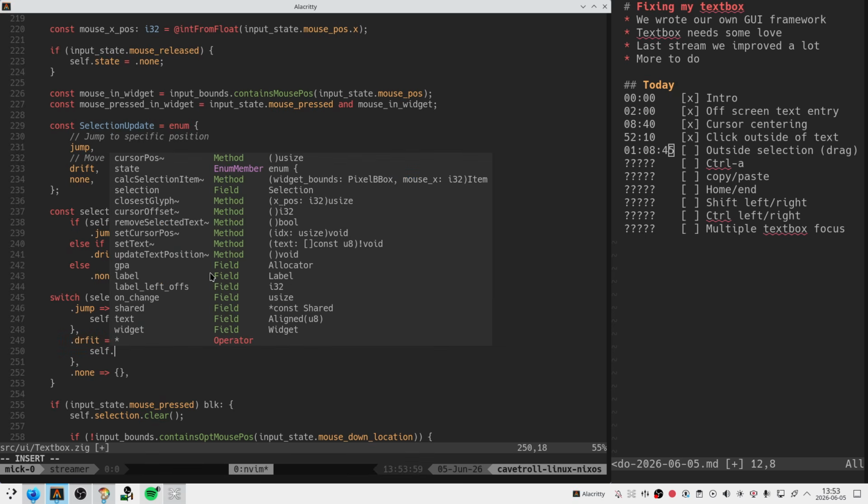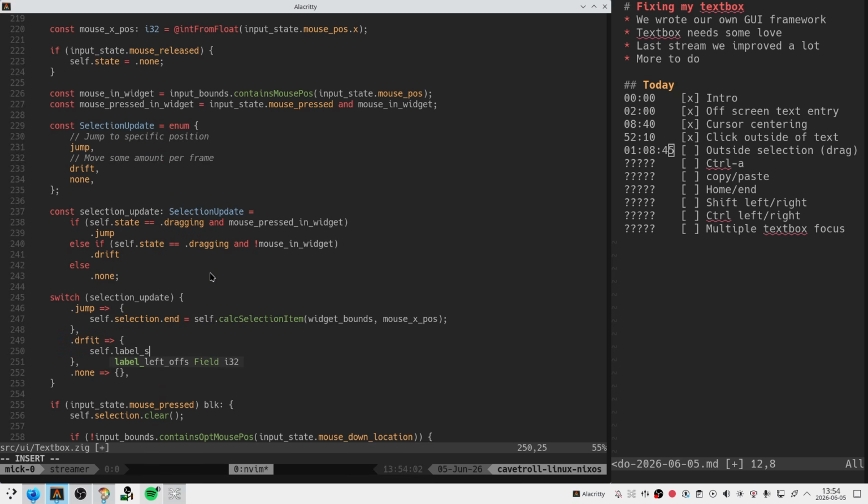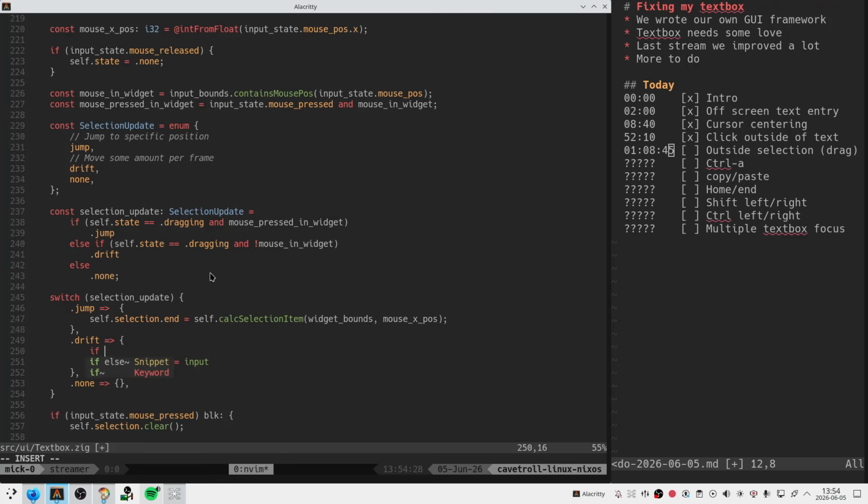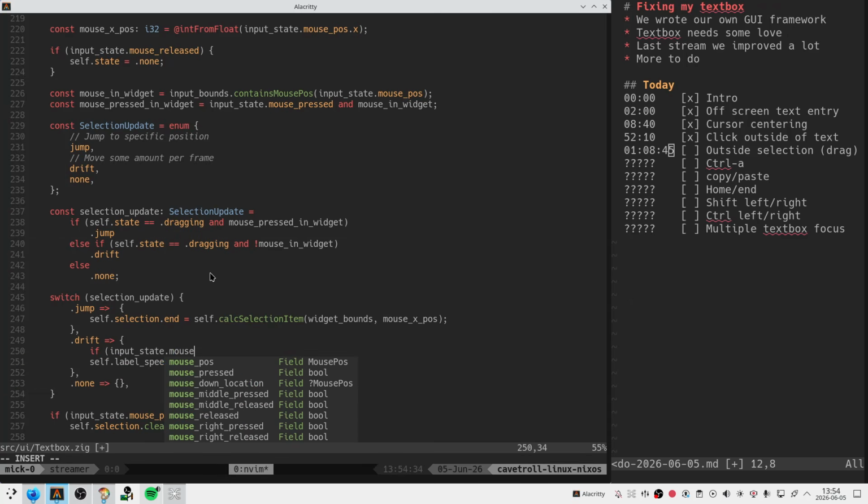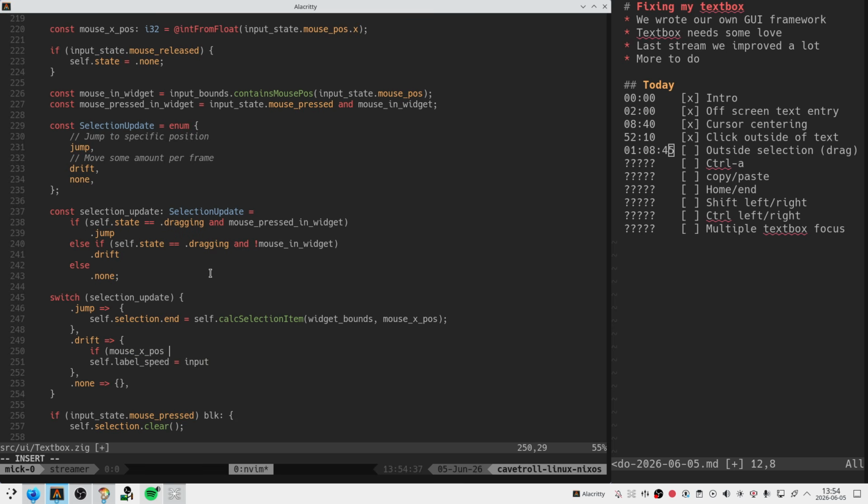And say self label speed is something relative to the mouse position relative to the bounds of the widget or something, right? Yeah. So this is like, if mouse x pos is greater than